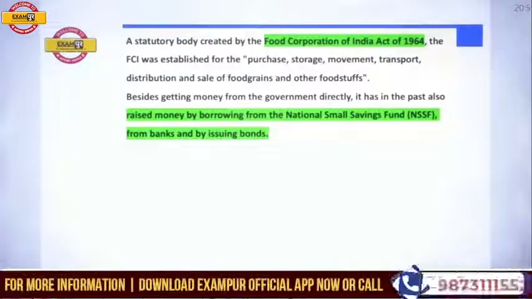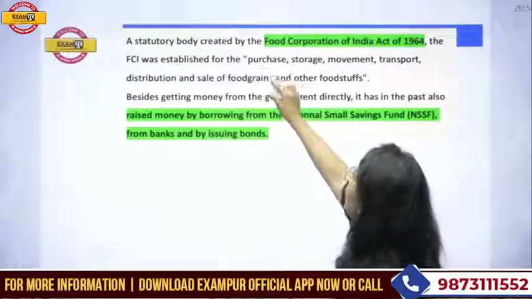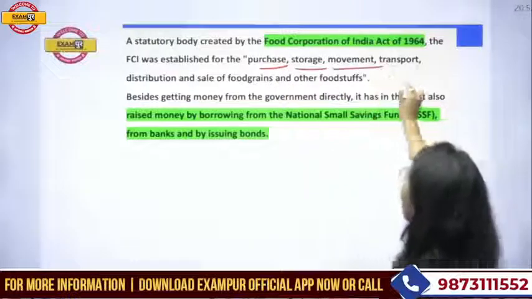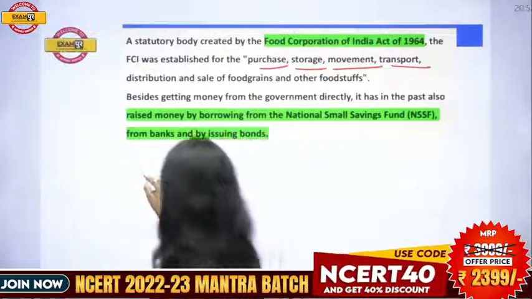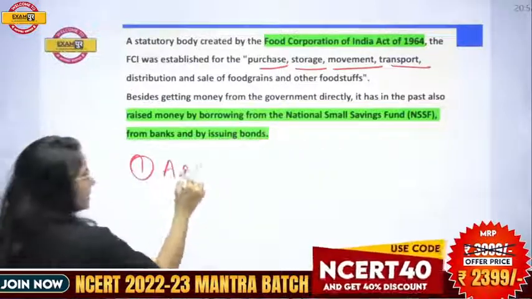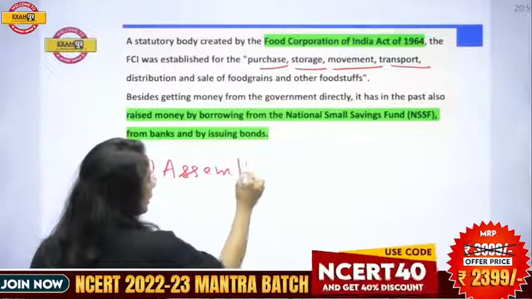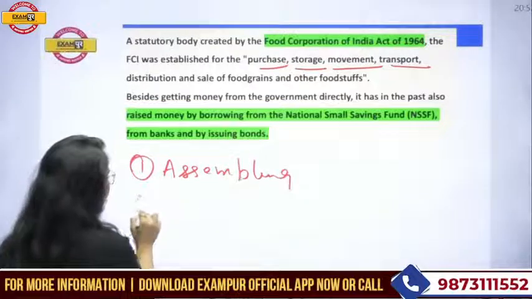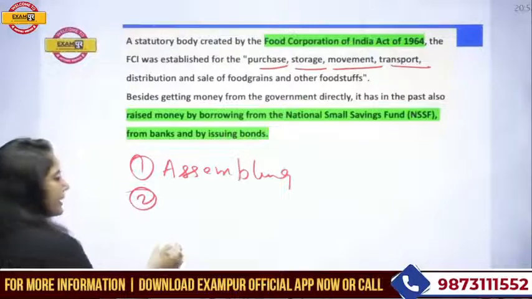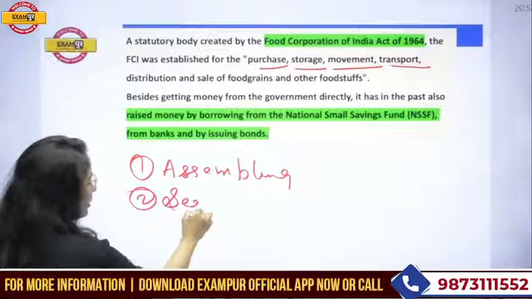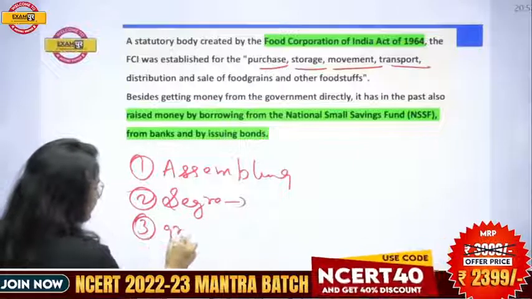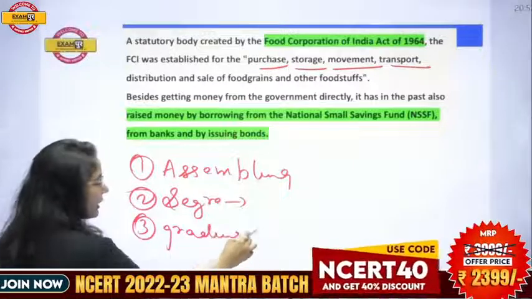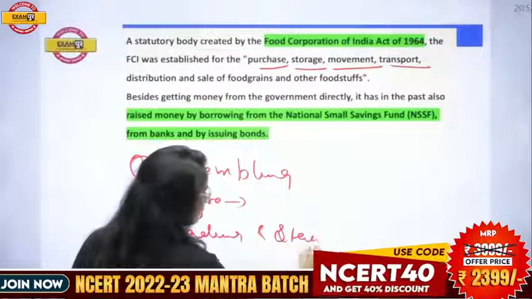So next, Food Corporation of India was established in 1964 for purchase, storage, movement, transport and distribution. I was just talking about that. First step, you just need to make the assembly of the goods. You are accumulating the resources. Then you are making the segregation. Third is all about grading. After the grading and standardization,